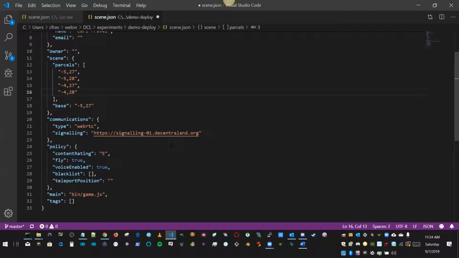By the way, I've made a tool for building this. If your scene gets big, this can be very hard to do manually and very error prone. So I've made a tool for generating this list. It's a little web tool, and I'll provide that. I think I already have it somewhere in the document, but I call it an estate generator. It generates a list of parcels based on the 4 edges of the parcel. So anyway, if I save this,